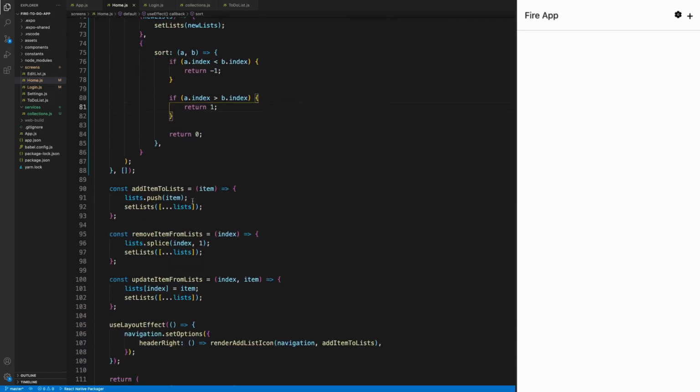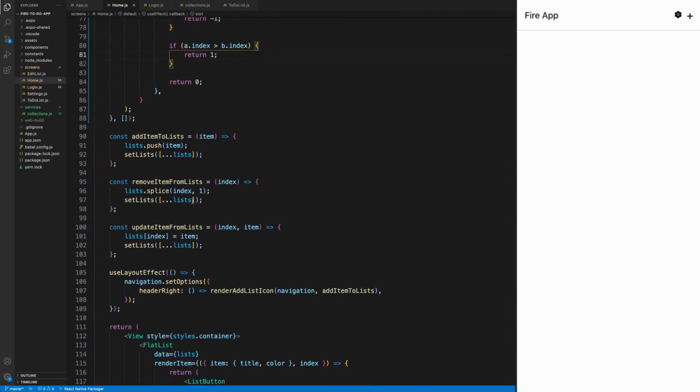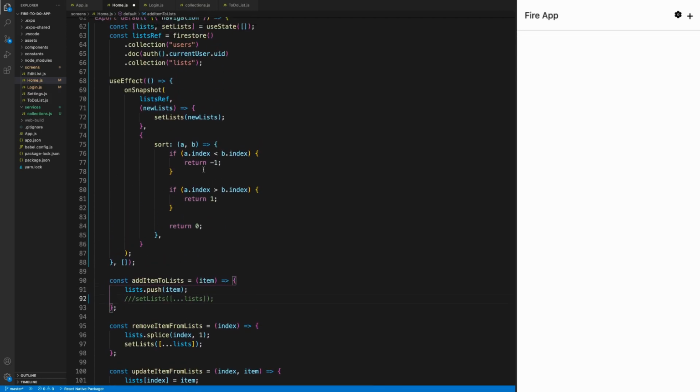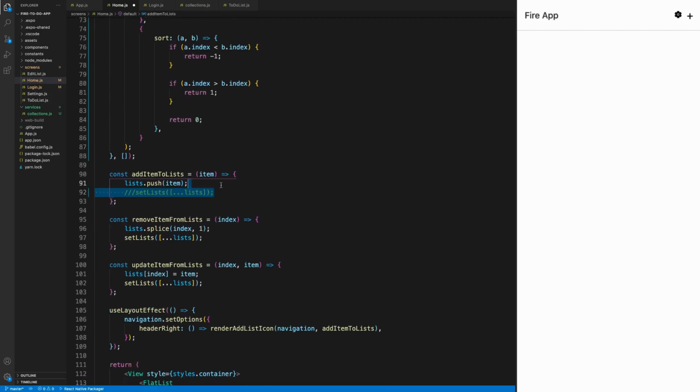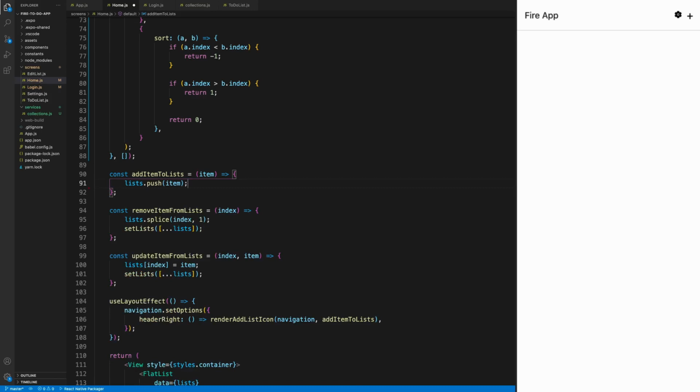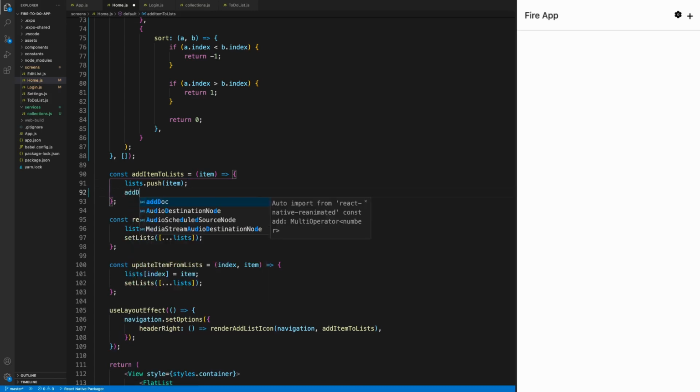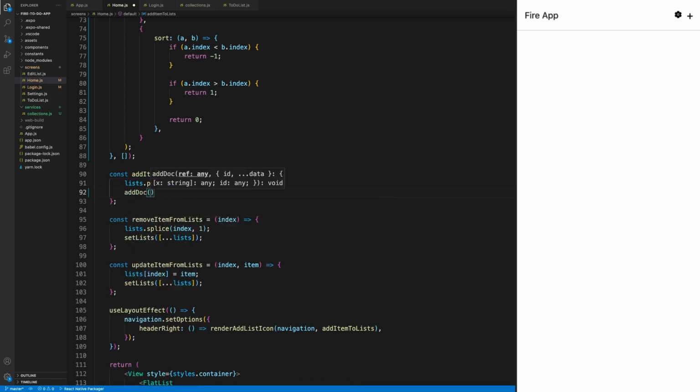Now let's go ahead and figure out how to properly add a new item to the list. We're going to do this by first getting rid of setList right here, because as soon as we add an item to the database, it's going to trigger this onSnapshot and the setList is being called right here. So we can get rid of this. So all we need to call right here is addDoc, listRef, comma,